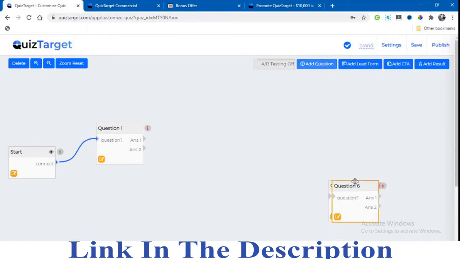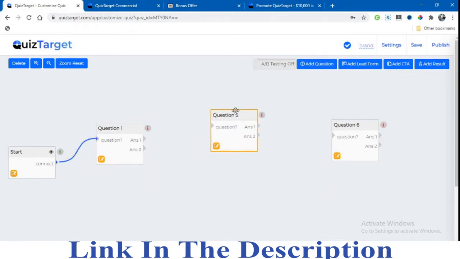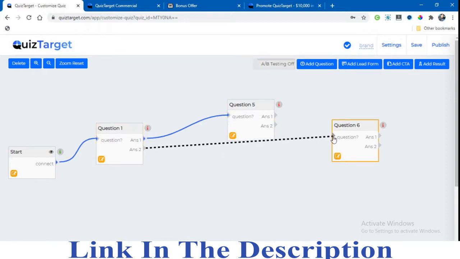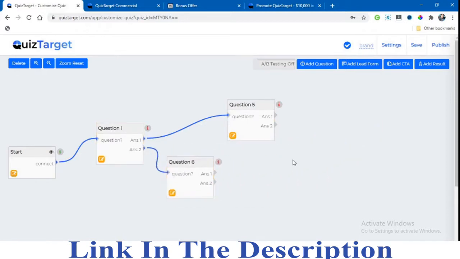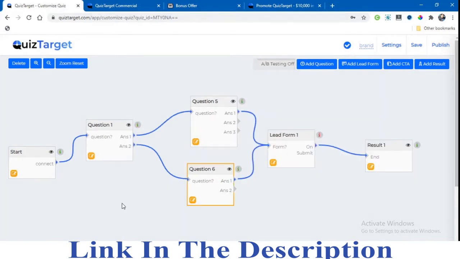I add some questions. Okay, here it is. So you can move them from anywhere. You can add these questions to this part, and you can add these questions to this part. And you can add a lead form here. Here it is, very easy, just a few clicks. In just a few clicks you can create a converting quiz funnel that will boost your list. For a quick review, I made a funnel before, and now I will show you how you can edit